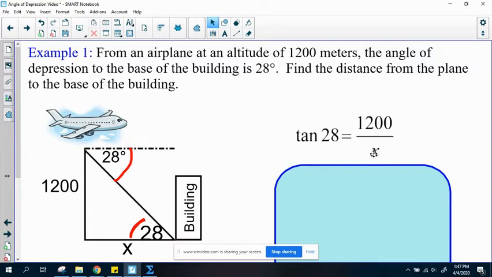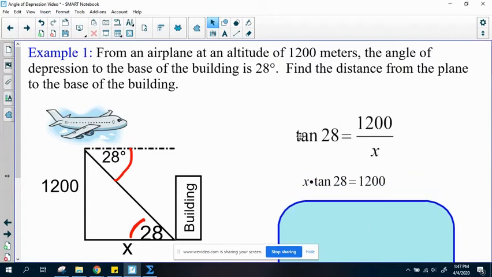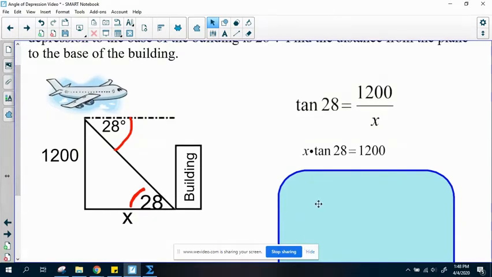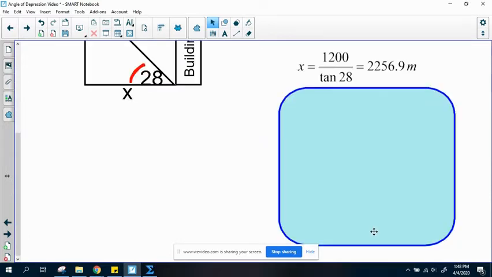Now that I have that, I just have to solve it. So to get x by itself, whenever you have division, I'm going to multiply this x up. So then I have this, and I'm trying to get x alone, so the opposite of multiplying is to divide. So essentially what happens is this x and the tangent of 28 just kind of switch spots. Okay. Now here's where on your calculator, you want to make sure you're in degrees. So if you have a graphing calculator, make sure you hit mode. And then if you scroll down, make sure it's highlighted on degree and not radian, because we do everything in degrees. So then I'm going to just switch it over and divide, and I'm going to end up with an